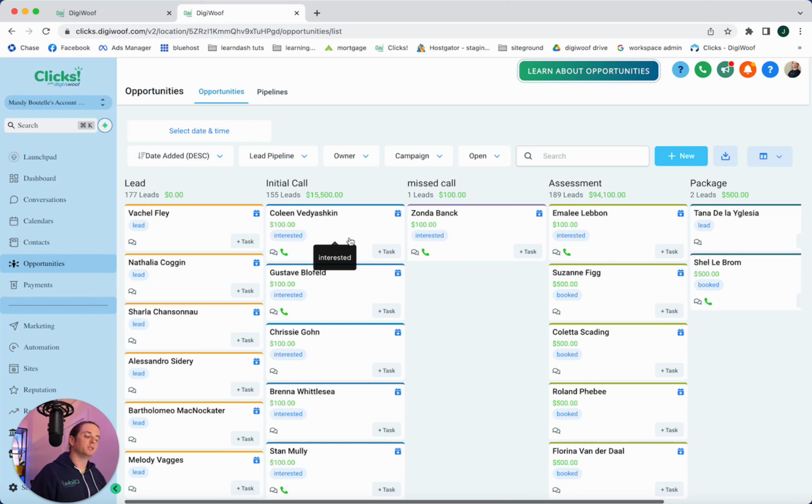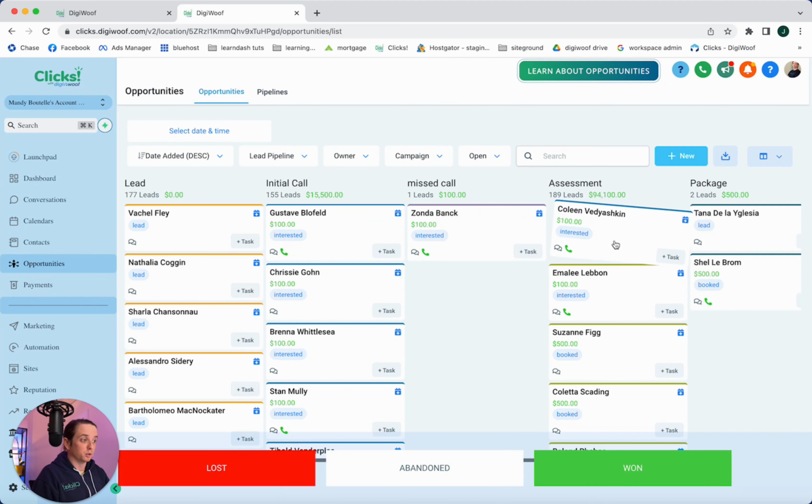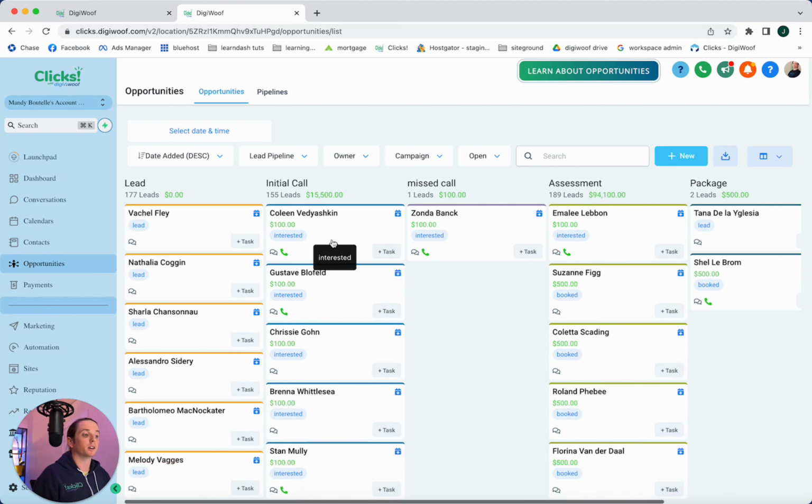And then let's say we do get Colleen, Colleen does answer and we have the call, and Colleen says, oh, let me talk to my spouse. I need to think about it a little bit. So then I can pretend this says follow-up. So I can move Colleen over into my follow-up, and that can trigger automations for wait a day, send an